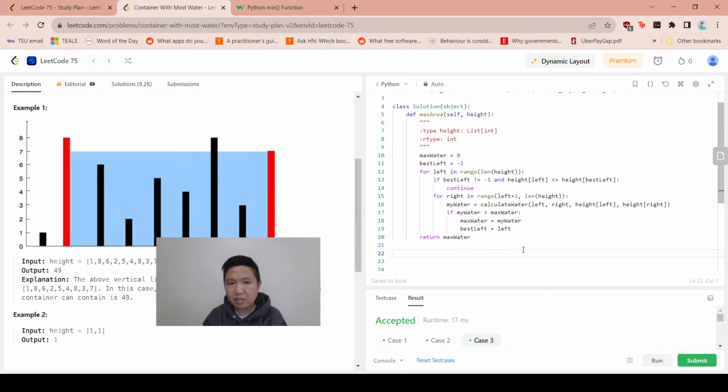Because the same strategy applies, right? Right is moving towards the middle. And if right has to get taller,